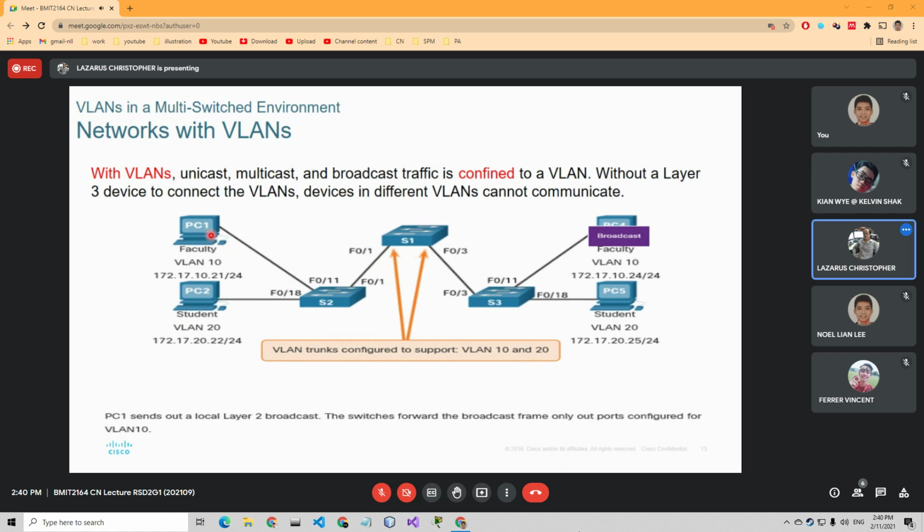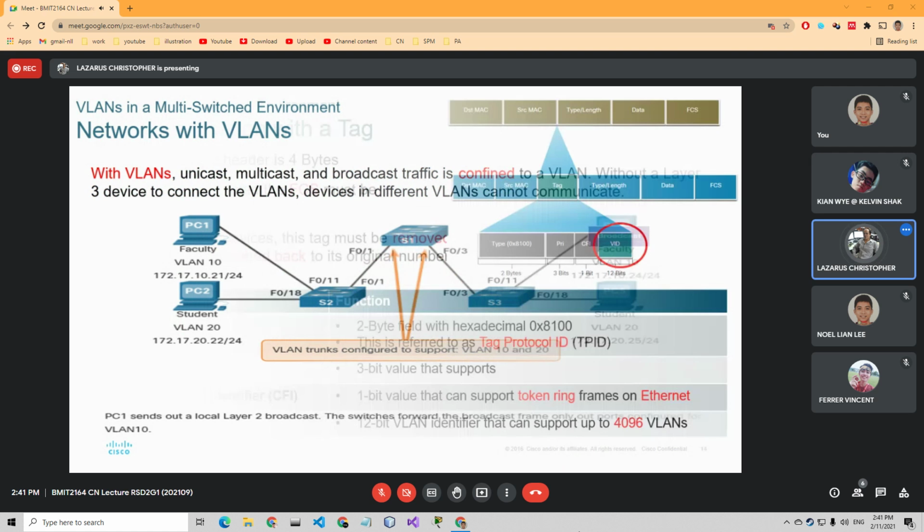So it sends to here, and from here there is no other place to go but this trunk line. So it propagates here again, and from here it still looks at the MAC table. But how does it know that this can go to VLAN 10? Well, because of the tag,